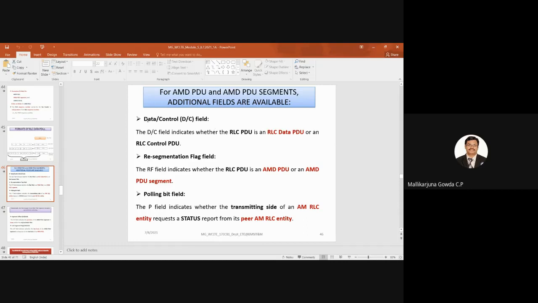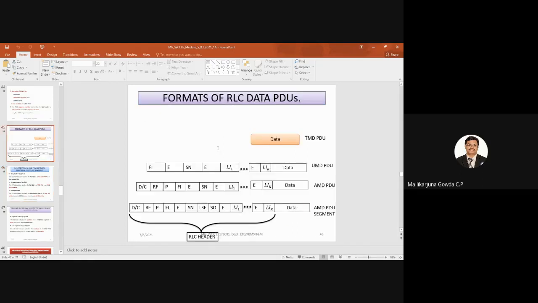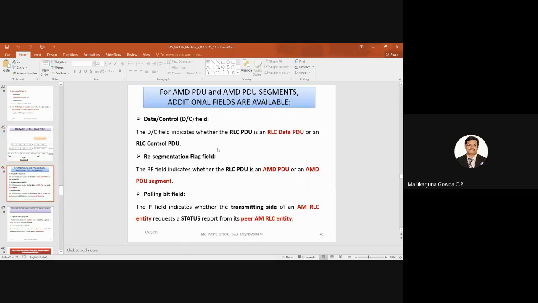D stands for data, C stands for control. Then the resegmentation flag field, that is the RF. RF means resegmentation flag field. This RF field indicates whether the RLC PDU is an AMD PDU or an AMD PDU segment.